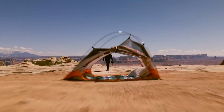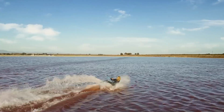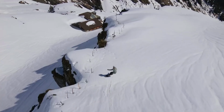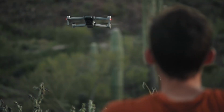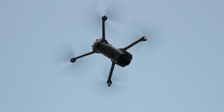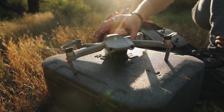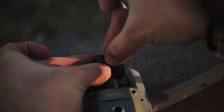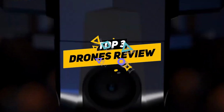If you're looking for a way to get fantastic aerial shots for whatever project you're working on, then you have one of two options. There's either getting a massive boom like the professionals in Hollywood, which, let's be honest, would probably cost you well beyond an arm and a leg, and it's just not convenient space-wise, or the most affordable and most reasonable option, a drone, which is why today we're going to be going over the top 3 most popular drones that